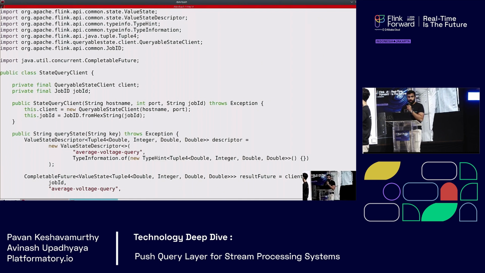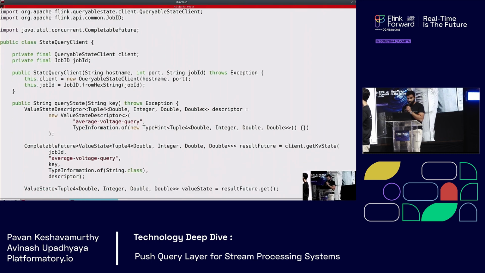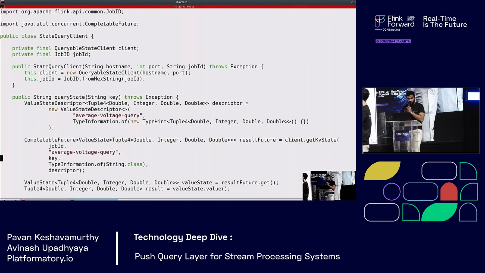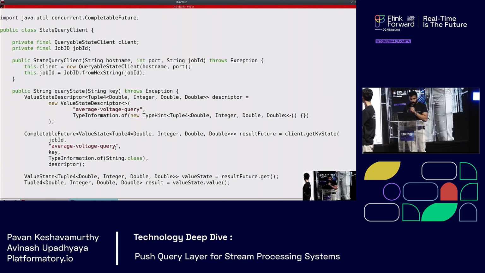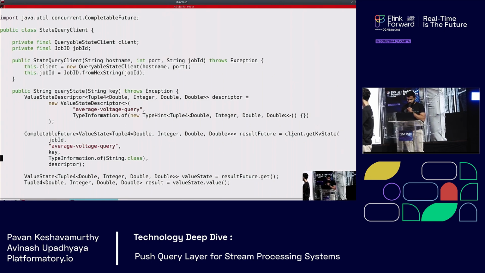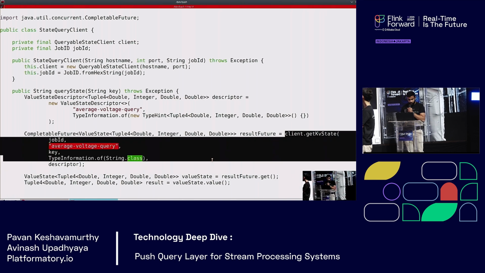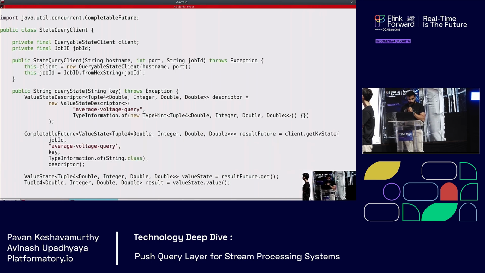So there's a special server that runs on the task manager which will listen for these state query requests and serve up the response, which is actually the state client proxy that we saw earlier. So we're pointing our client to that particular host and port, which is our task manager's host. And we're actually querying the state store using get kv state and using the same name of the state store that we defined earlier.